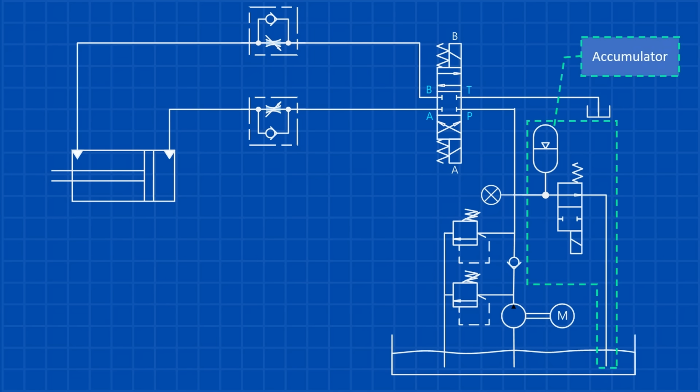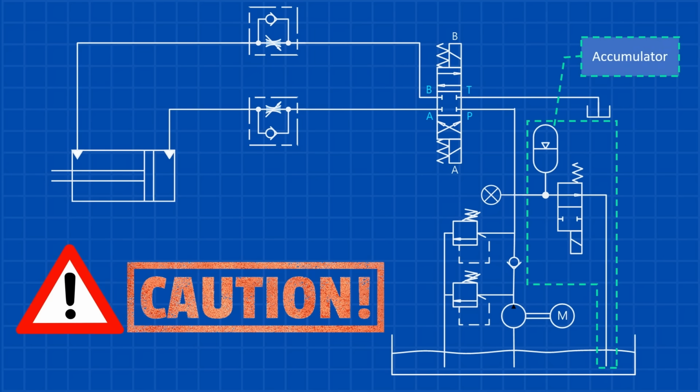Accumulators are incredibly useful in hydraulic systems, but they can also be dangerous if not designed properly. Why? Because they store fluid energy. When the system is shut down and in a zero-energy state, there must be a way to safely drain the accumulator back into the tank. If not, there's a risk that someone might accidentally energize a valve, causing unintended actuator movement, potentially leading to serious